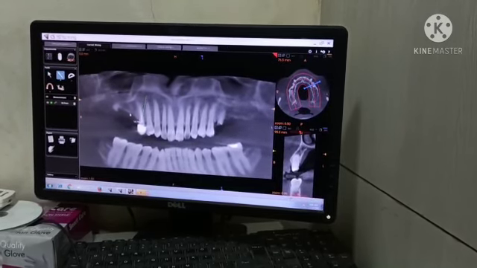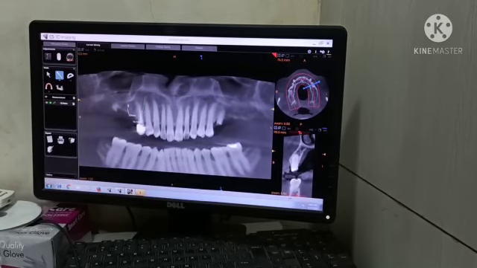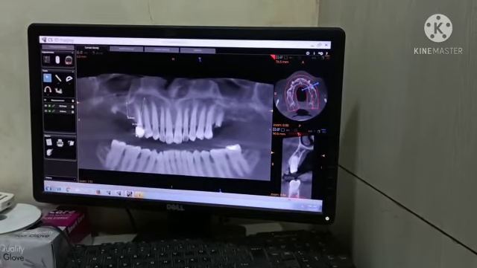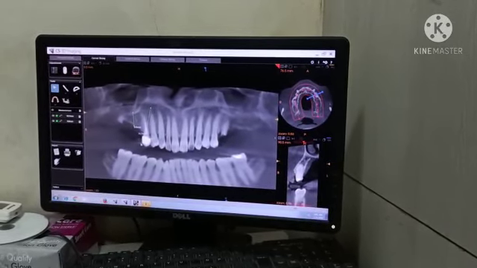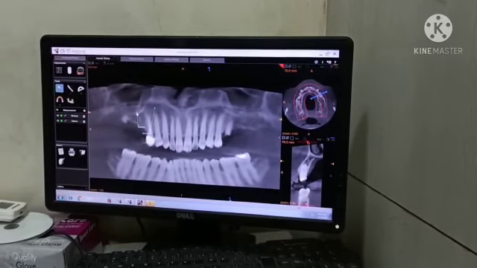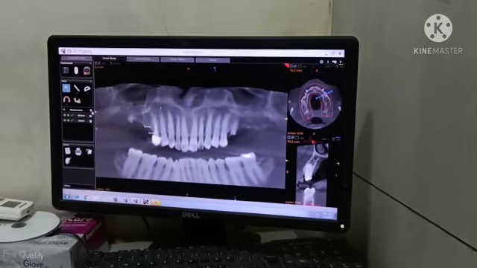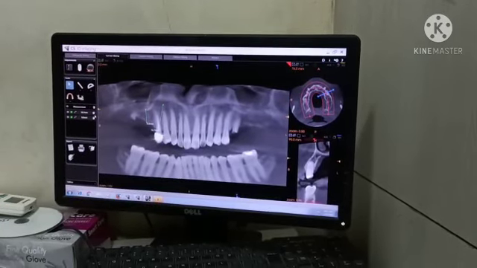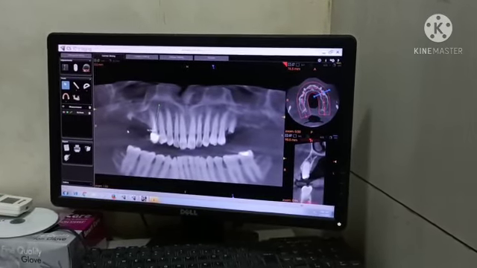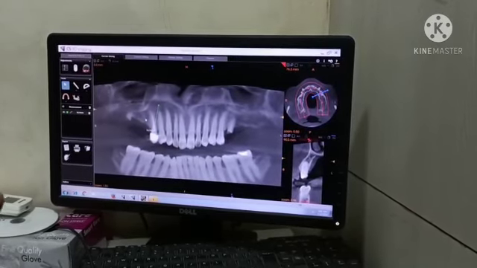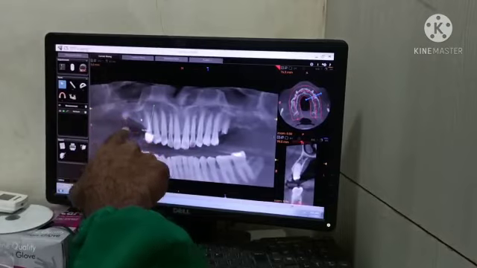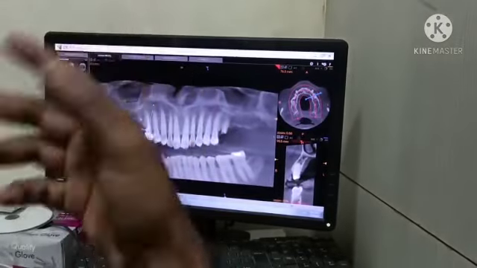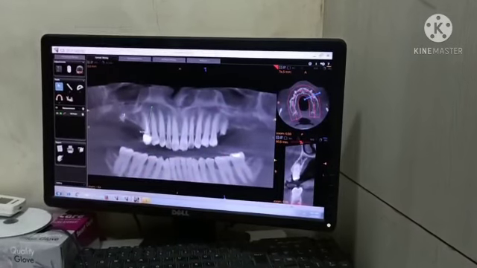The second option is to start from the crest and go till the sinus floor. It looks around 8 mm. If you want, you can take an RVG and select, or you can drill and feel the drop and select. So 8 mm or 10 mm you can select. This panoramic image we cannot be sure about these values. It is magnified, and it is 2-dimensional only, not 3-dimensional. So even if it is 8 in the OPG, when you are drilling, if you feel it is 10 mm, put 10 mm.